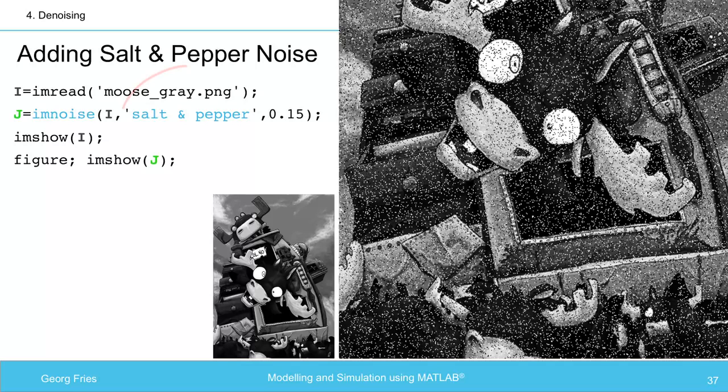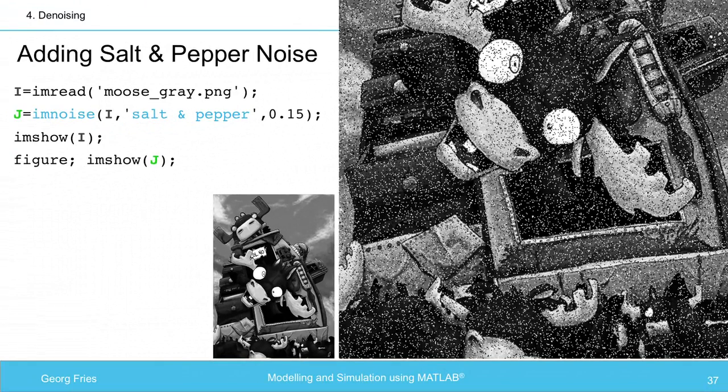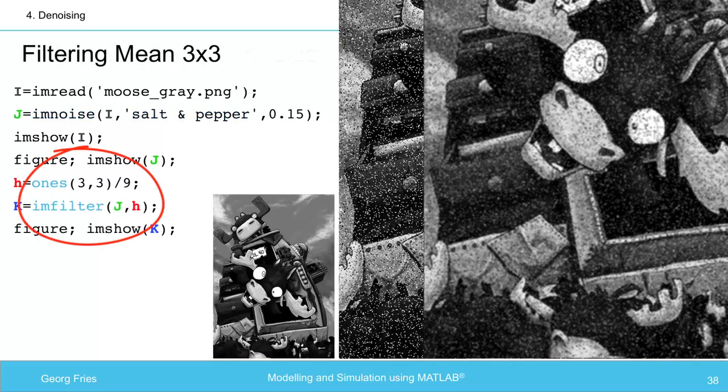At first, we introduce salt and pepper noise to our image called mouse gray. This type of noise consists of random pixels being set to black or white. These are the extreme values of the data range. In our case, that means black equals 0 and white equals 255. If we try to reduce salt and pepper noise by applying an averaging filter with a 3x3 neighborhood, the